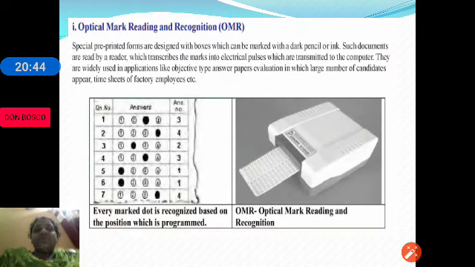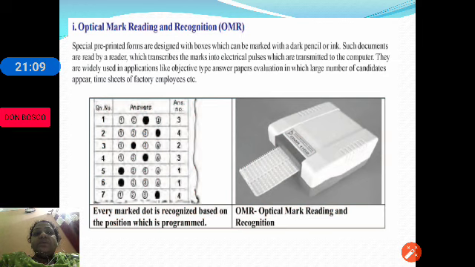First, let us start with OMR, optical mark recognition. As you can see on the left part of the screen, there are questions numbered 1, 2, 3, 4 followed by 4 options, and the options are shaded. In the first question, 3 is shaded, which means the answer is 3.